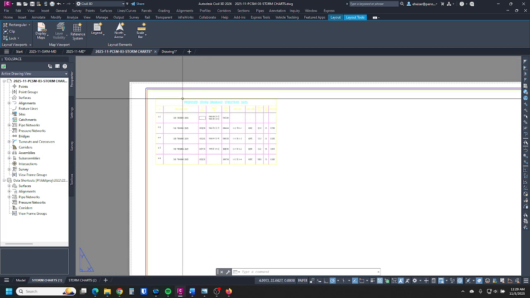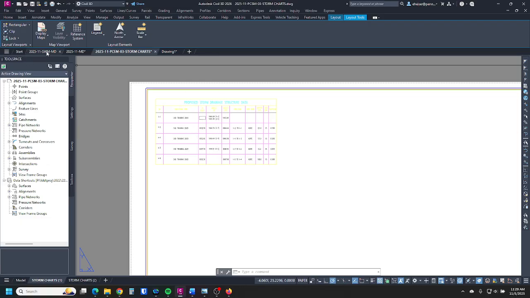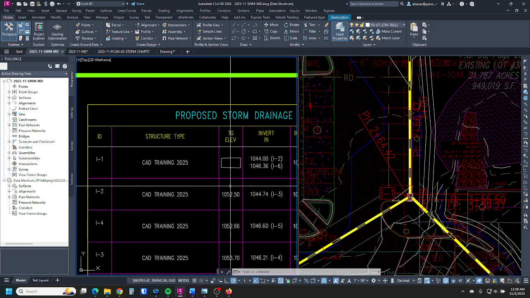So I'm going to close out my print preview. There are two settings that you need to change. Well, one setting in two places. So in my StormMD, I want to change the wipeout frame variable. So I'm going to type wipeout frame. This can either be set to 0, 1, or 2. By default, it's set to 1. That means you can see the frame in CAD and it prints. If you set it to 0, you won't be able to see it, and I don't think it prints. If you set it to 2, it will still block whatever you're printing, and you'll be able to see the frame in CAD, but it won't print the frame. So I'm going to set it to 2,